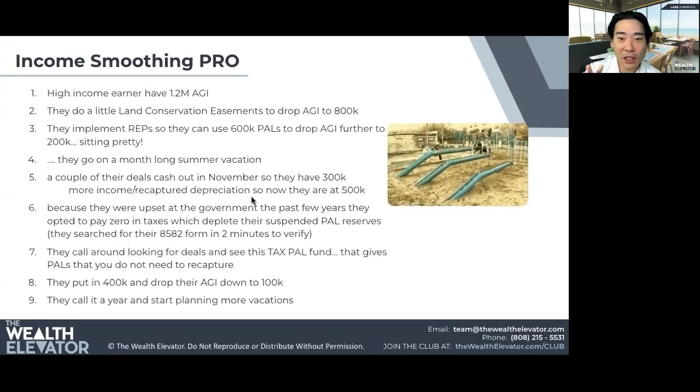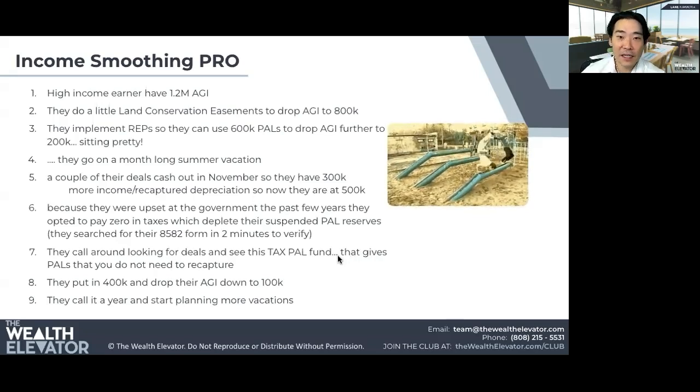So right now they're looking for other ways to get passive losses. One of those ways is they may go into more real estate deals at the end of the year, or they may look for deals that have Section 179 equipment losses. They may just buy a 6,000-pound truck or SUV to get some quick passive losses that way. Of course, you never want to have the tax tail wag the dog, buying a stupid vehicle just for some tax benefits. It always needs to make sense. That's how these guys think.